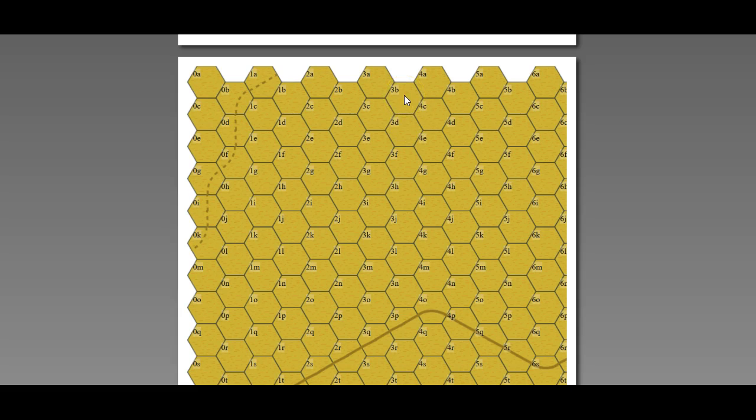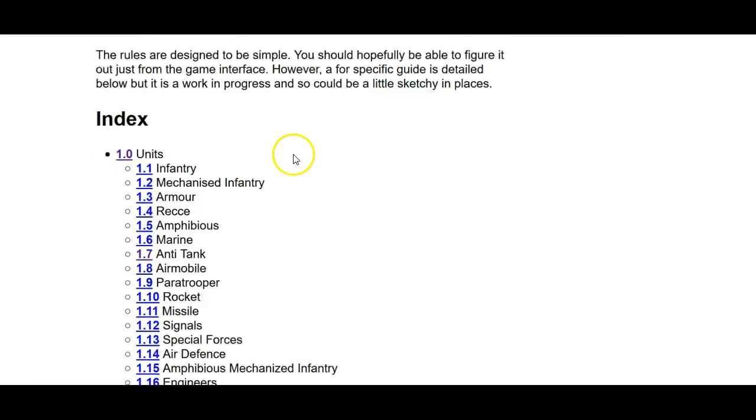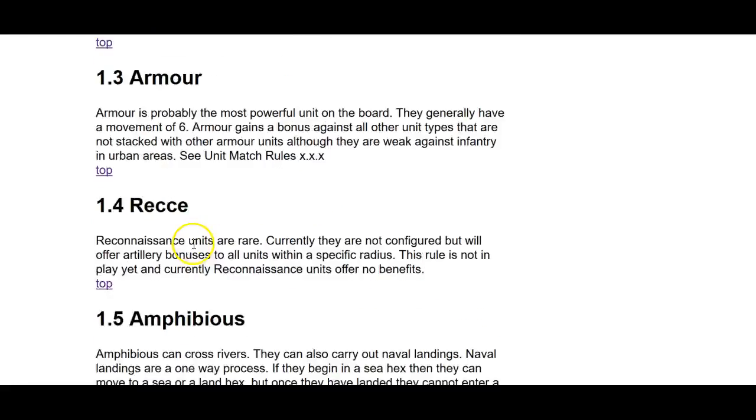It's under development, but it's quite usable at the moment. And before I go, I'll just show you. The print and play rules are still very rudimentary,